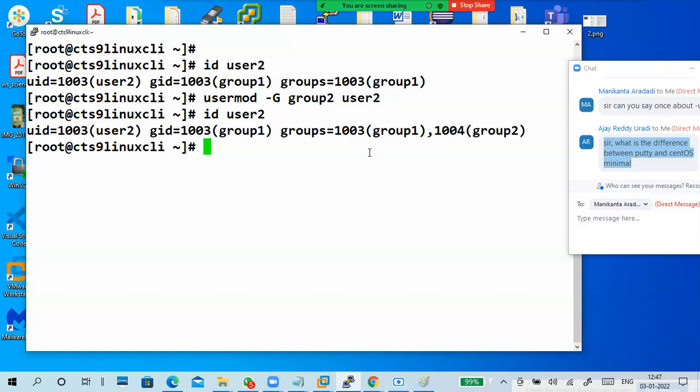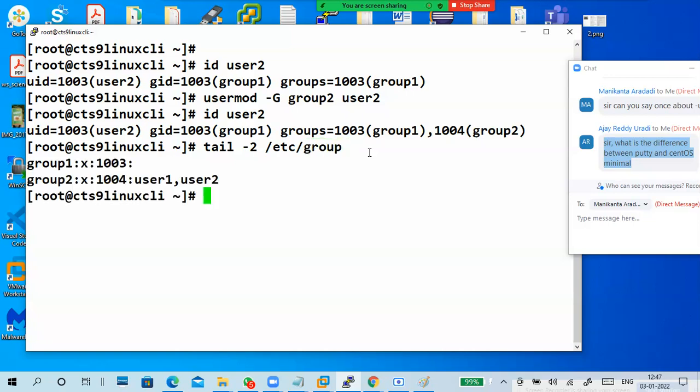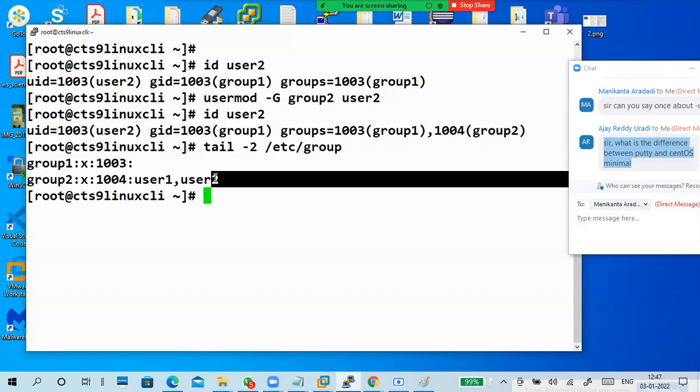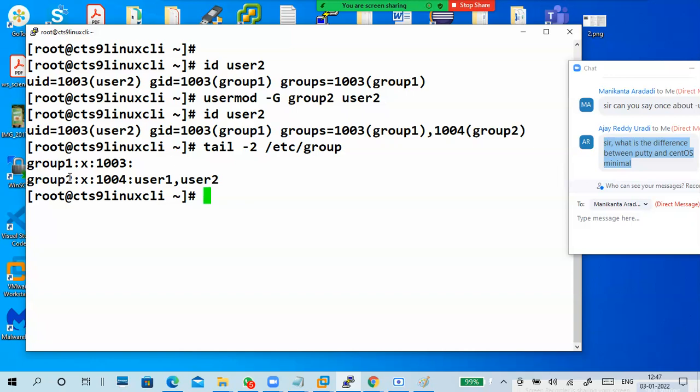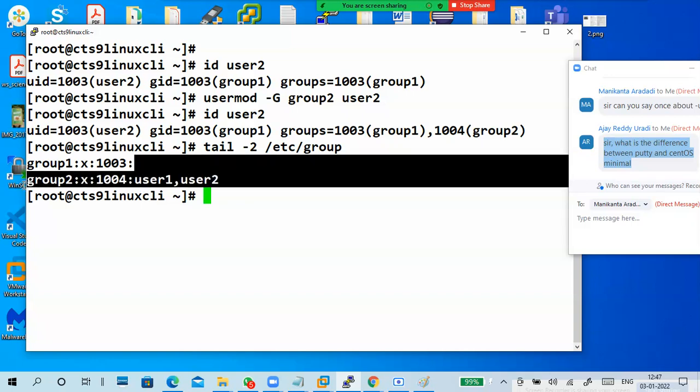And of course, you can check it with tail -2 /etc/group. You can use tail or less, whichever you are comfortable with. Just for display purposes I'm using tail and head commands. I'm checking the group: for user one and user two, the supplementary or secondary group is group two. That's why it is showing like this.